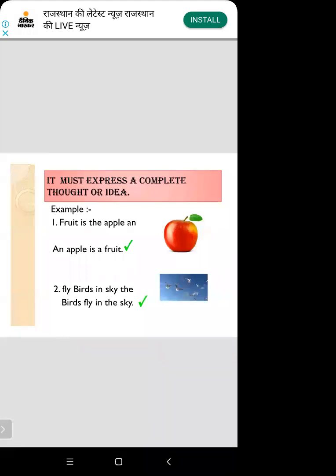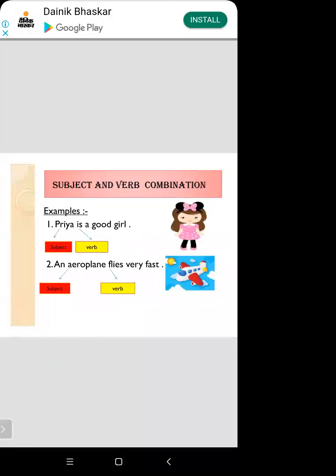Okay. So जो भी परफॉर्म करता है उसी को हम क्या कहलाते हैं? सब्जेक्ट बोलते हैं. तो परफॉर्म करना क्या होता है बेटा? यहाँ पर बर्ड्स क्या परफॉर्म कर रही है? क्या एक्शन कर रही है? फ्लाई. क्या कर रही है? उड़ रही है. तो फ्लाई is here as a verb. तो एक्शन परफॉर्म, जो उड़ने का काम कौन कर रहा है? उड़ने का काम बर्ड्स कर रही हैं. जो भी जो काम करता है जिसके बारे में हम बात करते हैं, that's it, a subject. वो क्या कहलाते हैं? As a subject.